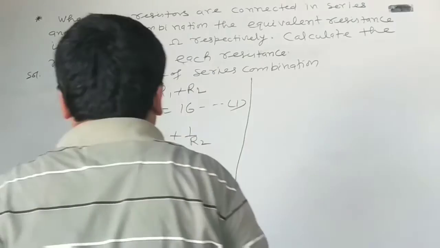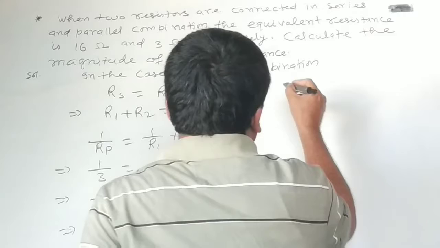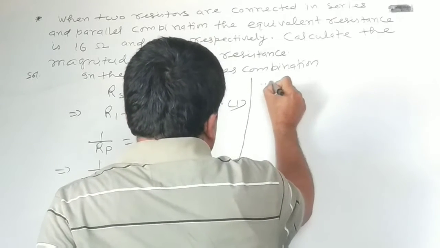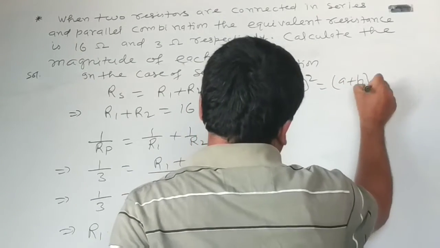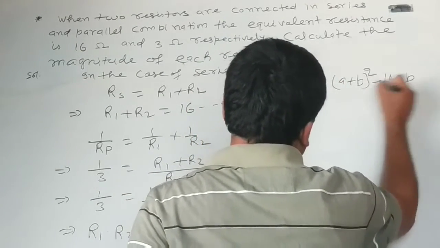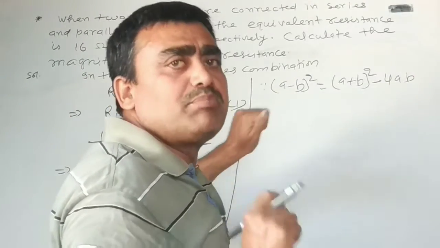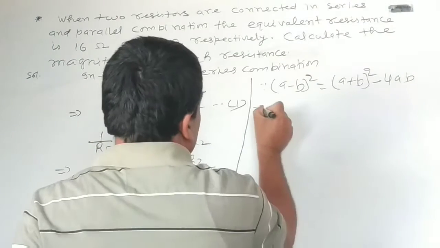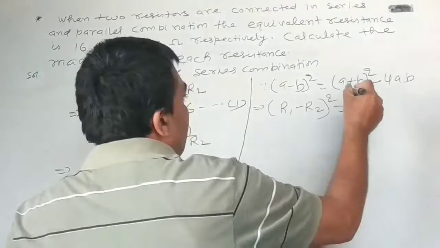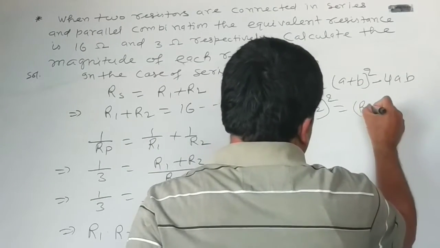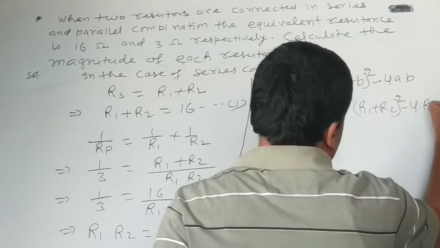Now, we use a formula of algebra, like a minus b whole square is equal to a plus b whole square minus 4ab. Here in place of a, R1 is located, and in place of b, R2 is located. So R1 minus R2 whole square will be equal to R1 plus R2 whole square minus 4 into R1 into